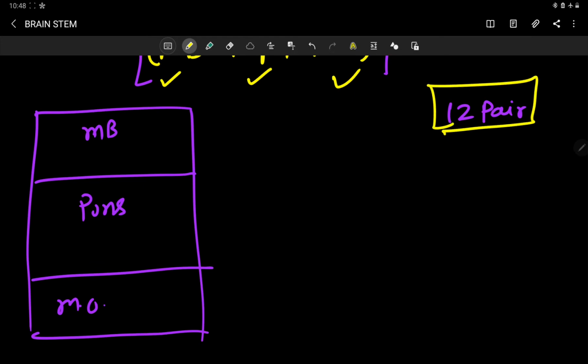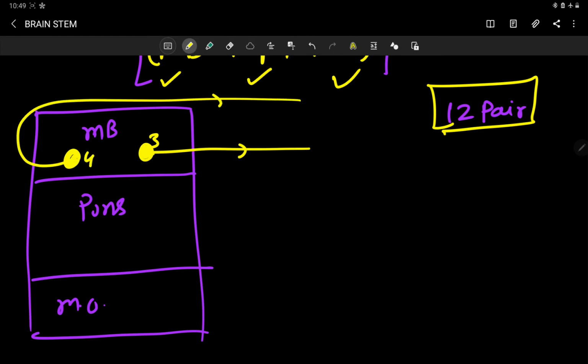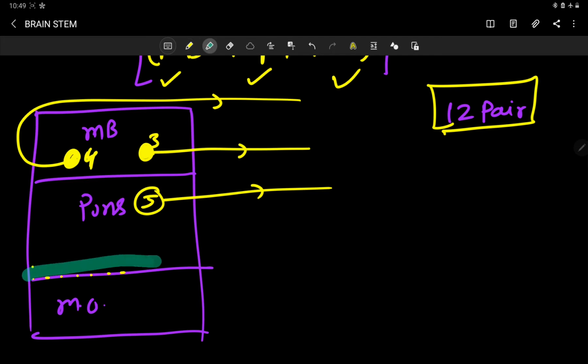Now you can see from midbrain, the third cranial nerve, the oculomotor nerve, is emerging out from the midbrain, and the fourth cranial nerve is also emerging out from the midbrain, but from the dorsal aspect, not from the ventral aspect. Only one cranial nerve, your fourth cranial nerve, is emerging out of your brainstem from the dorsal aspect. And from the upper pons, your fifth cranial nerve is emerging out. This is your trigeminal nerve. And at the pontomedullary junction region